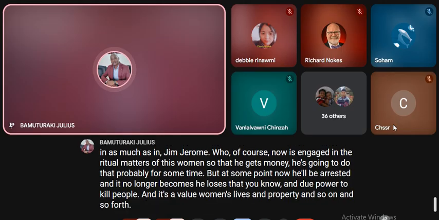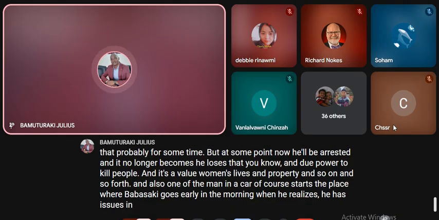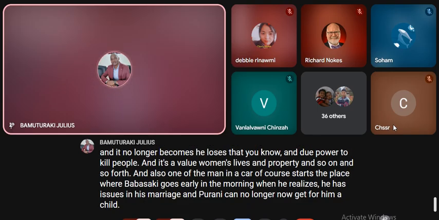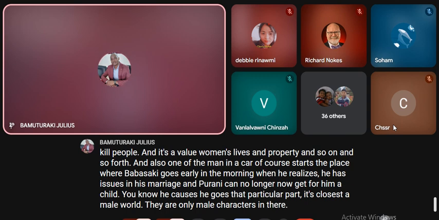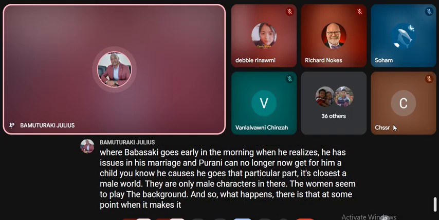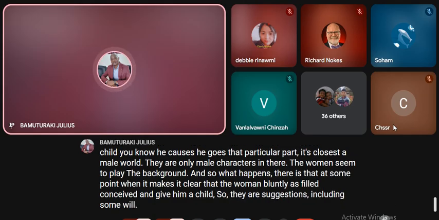And also one of the men in Aikara, of course, that's the place where Babasegi goes early in the morning when he realizes he has issues in his marriage, and Bolanle can no longer get him a child. He goes to that particular place. Because it's a male world, there are only male characters in there, and the women seem to play a part in the background. And so what happens there is that at some point, when he makes it clear that the woman Bolanle has failed to conceive and give him a child, there are suggestions, including from some who say he should simply drag her